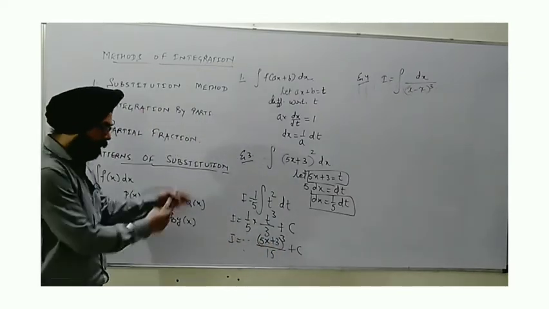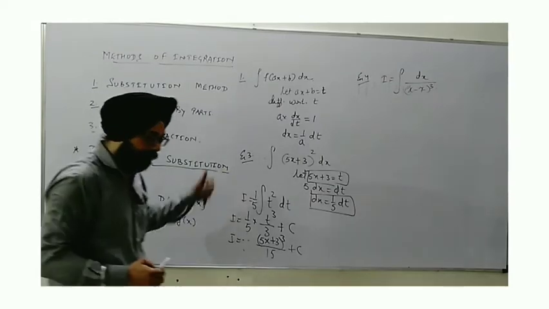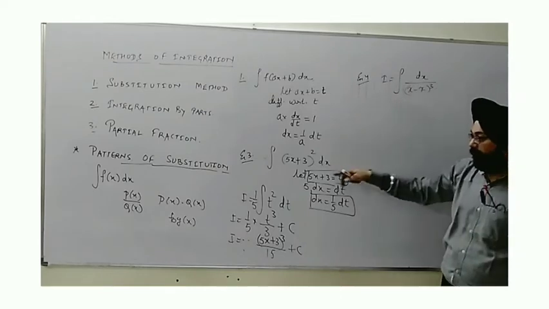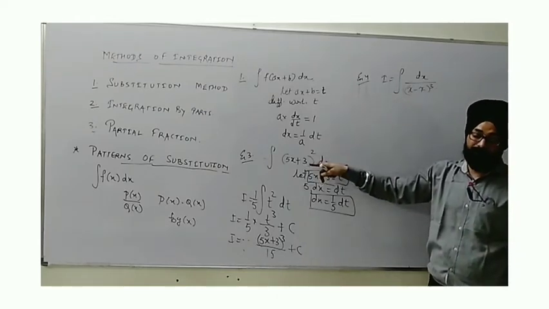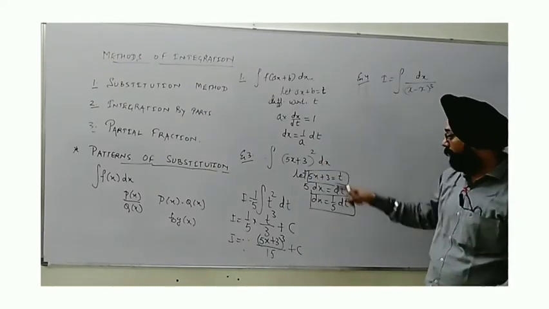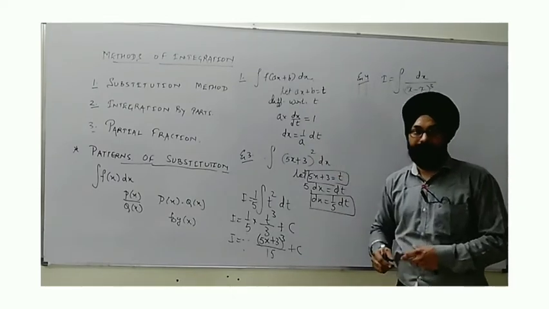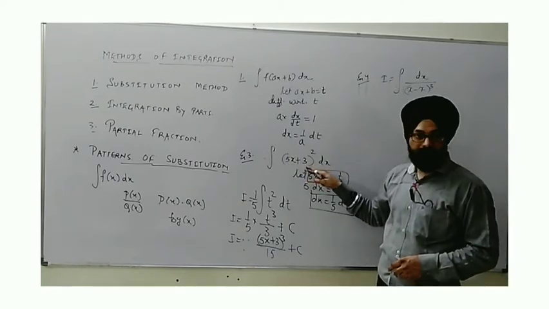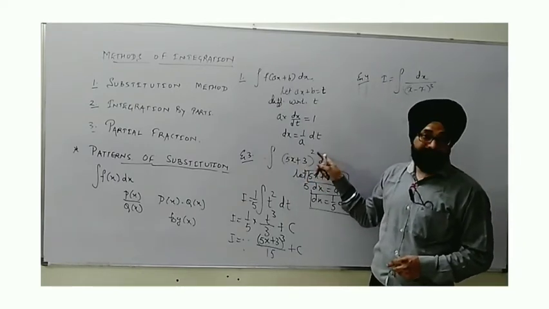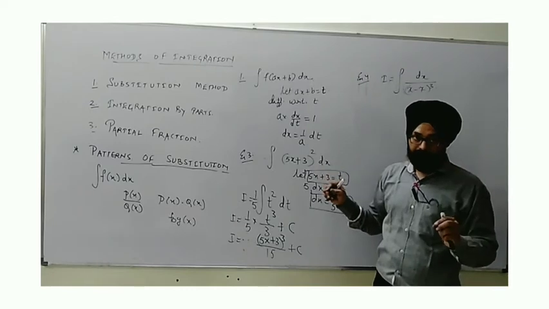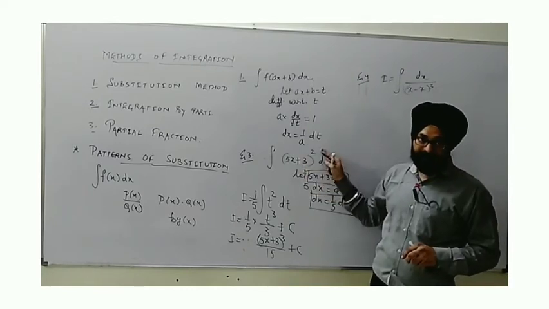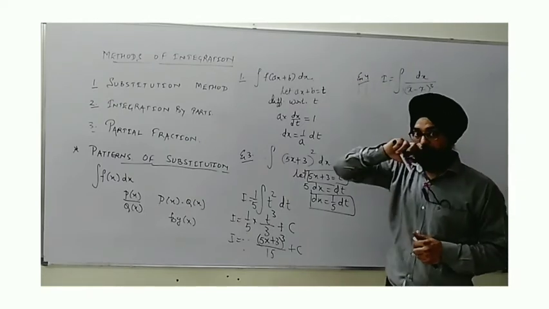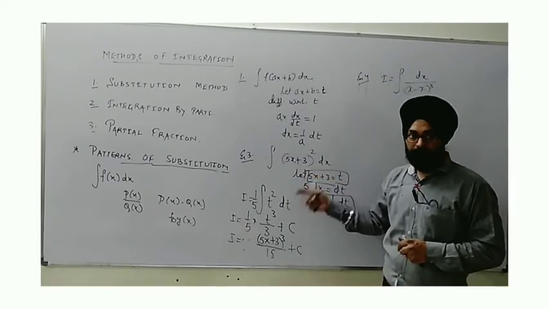So either you do it directly or this way you do, but we are using the substitution method. And one more thing, every time expansion will not be applicable. Like if it is 2, yes, a plus b whole square can be done. If it is cube, we can apply a plus b whole cube. But suppose the power is a big number, like 5x plus 3 raised to the power 10, then we need to use the binomial theorem. Then better is to apply the substitution method here. Replace it by t, simply you can solve.